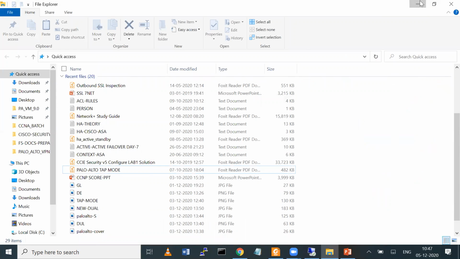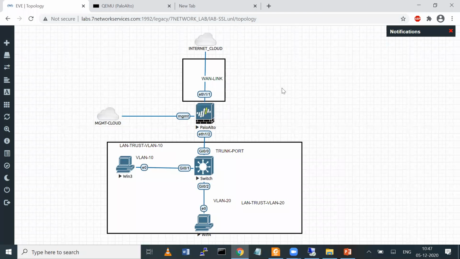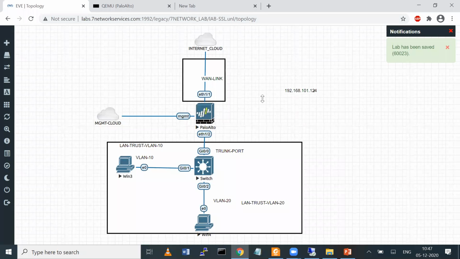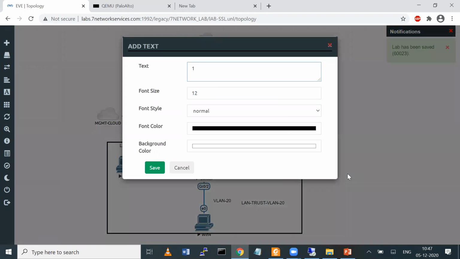Let's do it now, then it becomes easy. So first we have to configure the IP address. Let's say my WAN IP is 124. Here I'm using it. And for LAN, we have 2 subnets here. For VLAN 10,